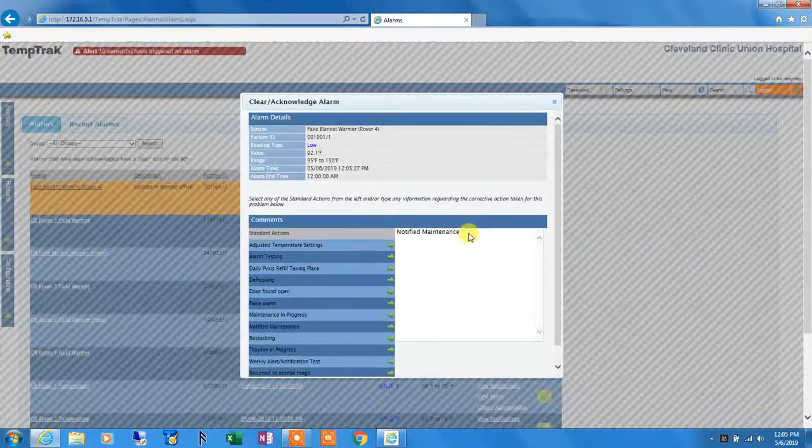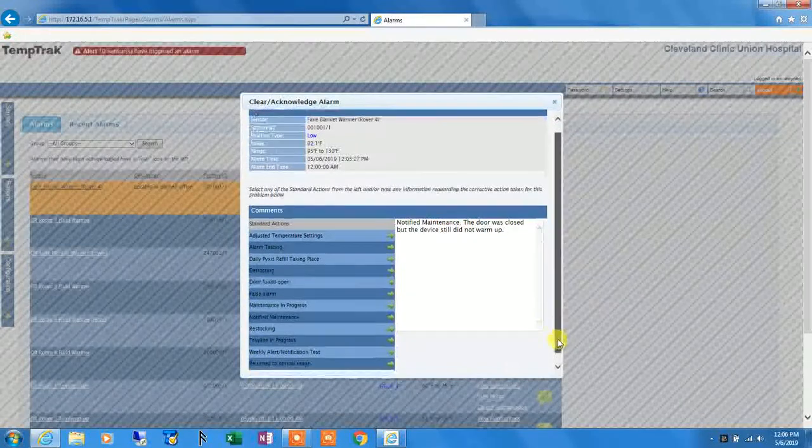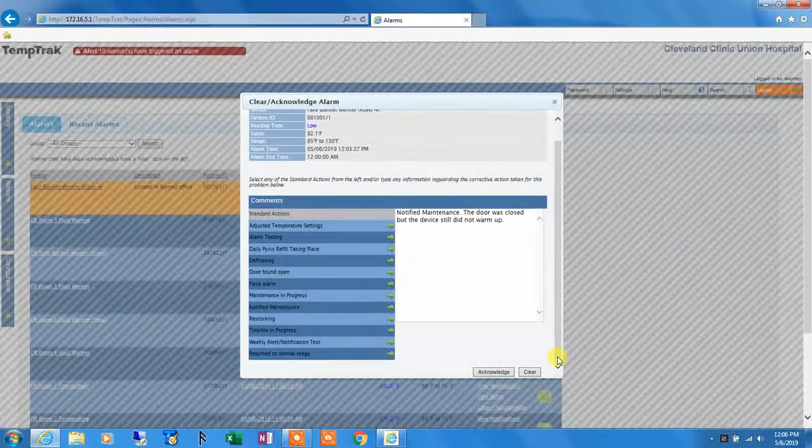and put a note in here. The door was closed, but the device still did not warm up. Okay, so let's put it like that. So notified maintenance, the door was closed, but the device still did not warm up, and we're going to come down here and click on our, this is a good case of where you would use acknowledge instead of clear,